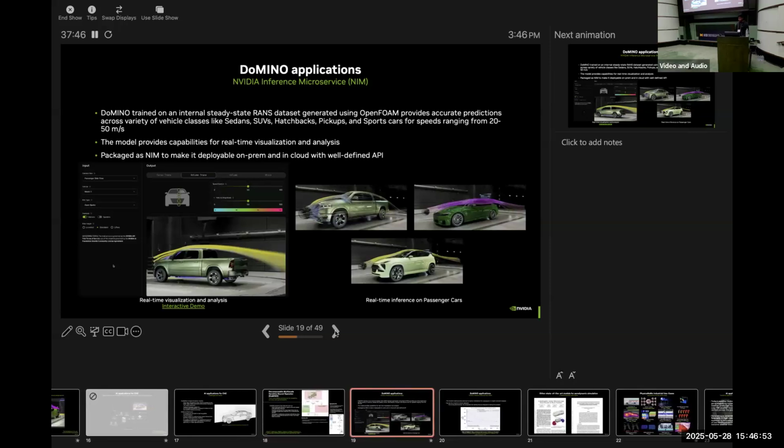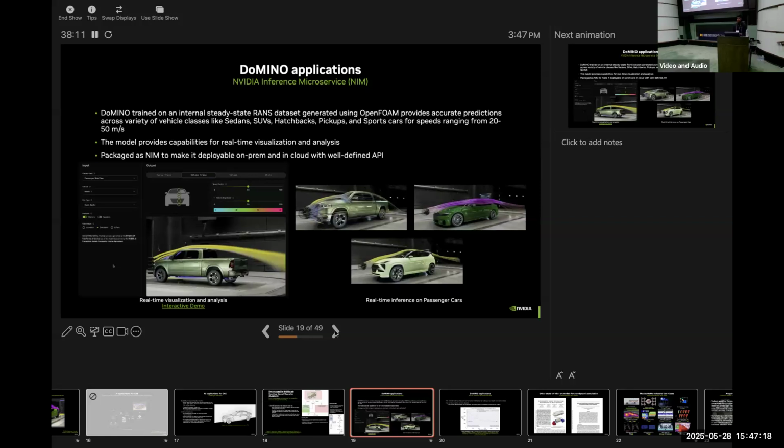So once you have a model like this trained on a data set, here what we tried to do is generate a data set of passenger cars and the flow over them through OpenFOAM, an open source CFD solver. Steady state runs were used as the numerical method.